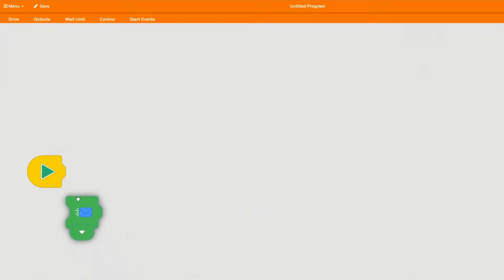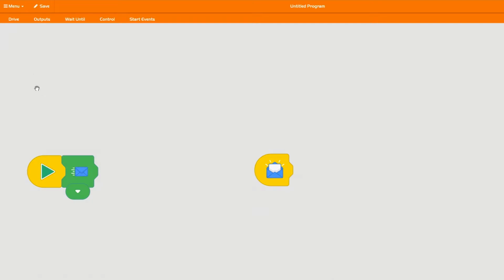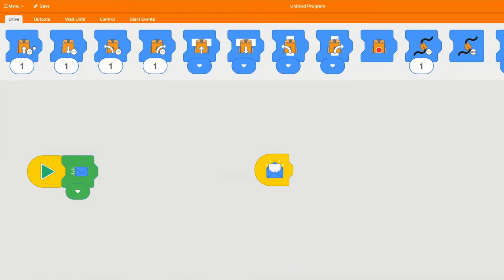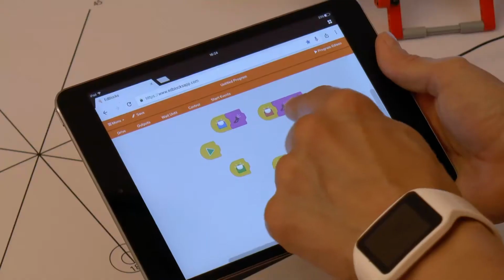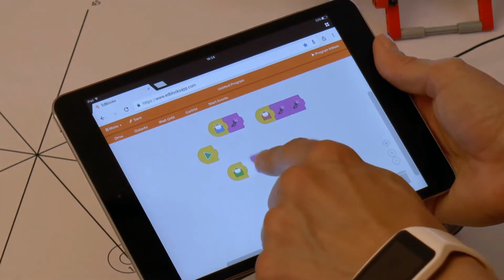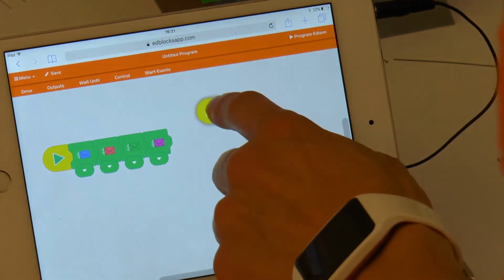The last block is send an infrared message, which can be used for communication between 2 Edisons. 6 different messages can be sent. The message only forwards the identifier, that is the color of the message, and what the receiving Edison will do upon receiving the message is completely dependent on the program of the receiving Edison. The message is sent to all nearby Edisons that have a receiving program. The receiving Edison must have a wait block waiting for the message or a start event block with the message in order for the communication to work.